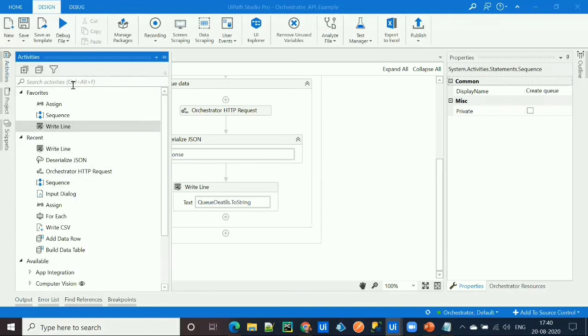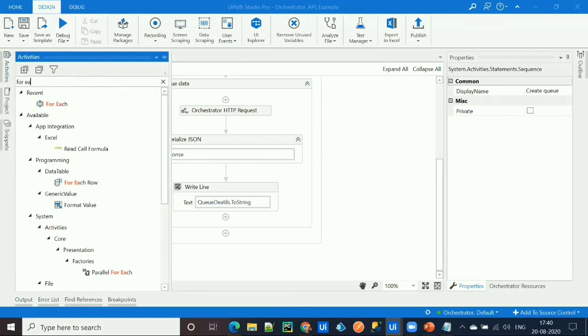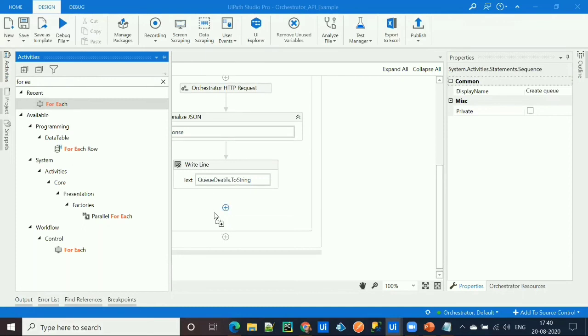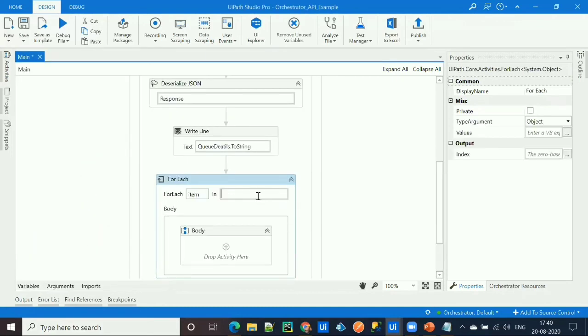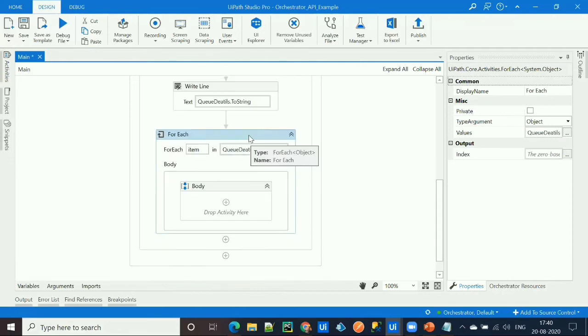Let me drag a For Each loop first. Then inside this, we'll be accessing our JSON object, which is queueDetails of value. Now we need to select the type argument as JToken for this For Each activity.